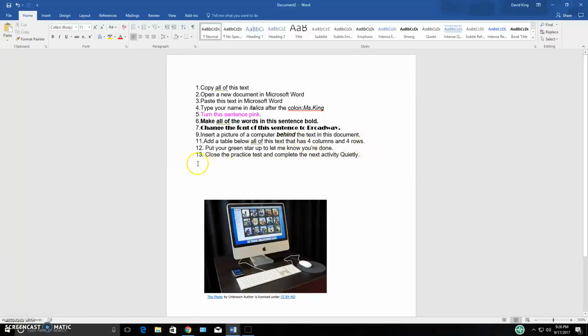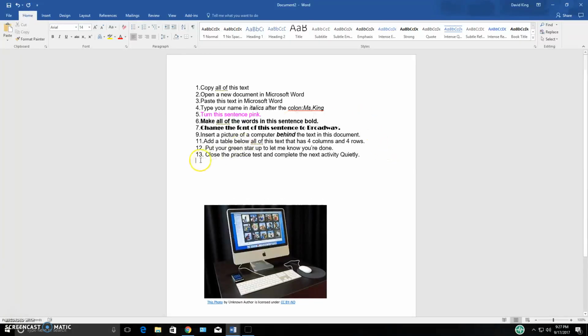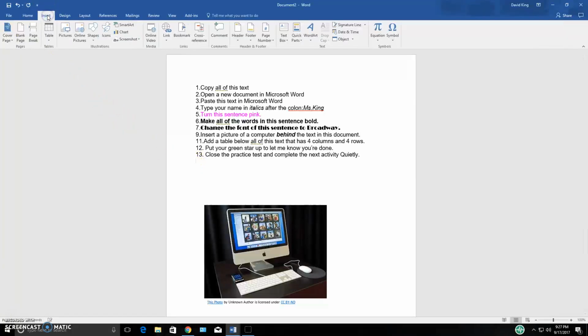Okay. Add a table below all of this text that has 4 columns and 4 rows. So I can either click down here beneath all of these sentences, or I can click right here behind quietly and press Enter to make my little blinking cursor go beneath all of those other words. Then once again, I'm going to go over here to Insert. See right here where it says Table, I can click here,